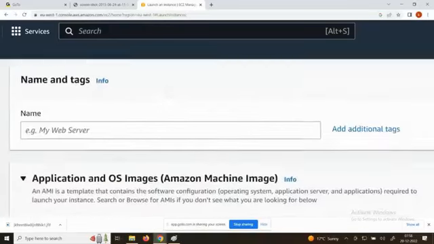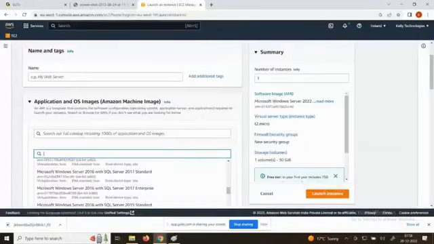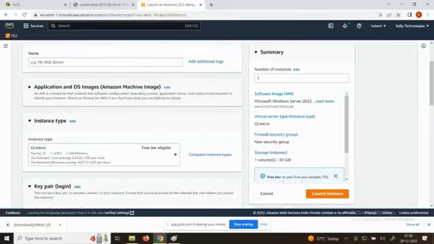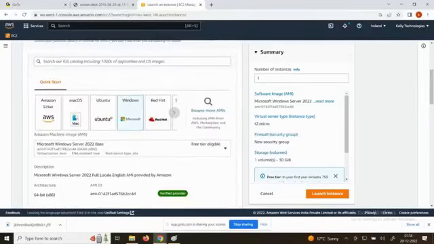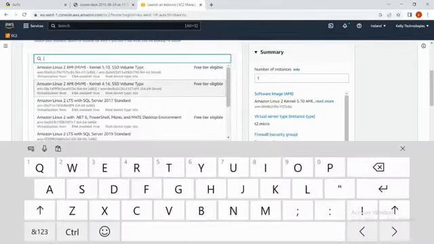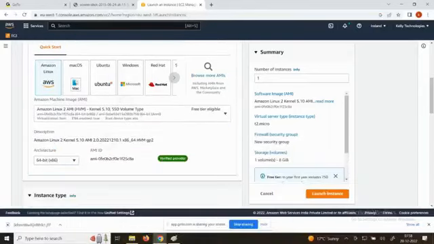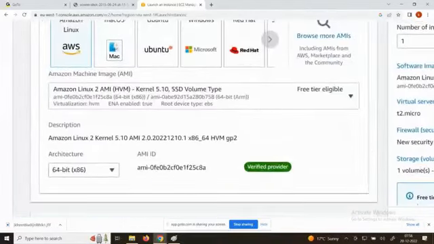Sir, let's take an example. I want to go for my system. I want to go for a Linux system. When you click on Linux system, you will get the Amazon Linux system. Is it clear? And also, please select what is on the right hand side: free tier eligibility. That means this is free for 1 year for you. Is it clear, free tier?